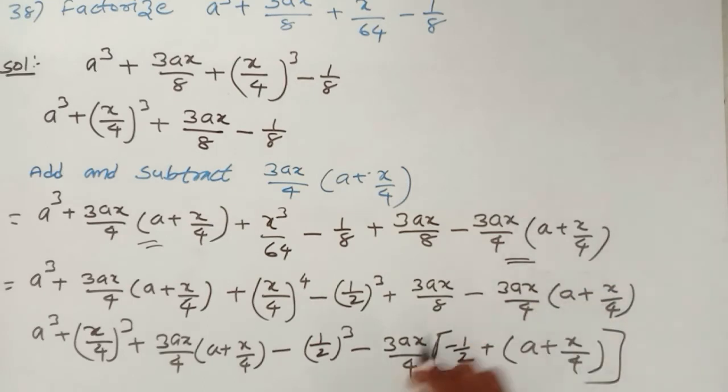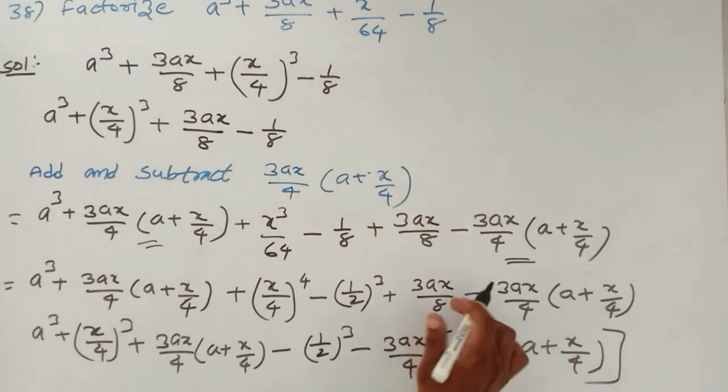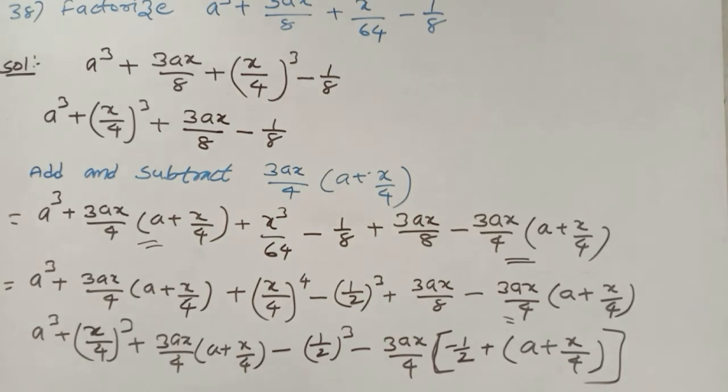Automatically 3ax I am taking common, so minus into minus is plus. 3ax by 8, minus into minus is plus here. So I am getting the same answer here, 3ax into. So here I am taking 3ax by 4 as common. Now this total term, a cube plus b cube plus 3ab into a plus b. Now it is the form of, I am writing here,